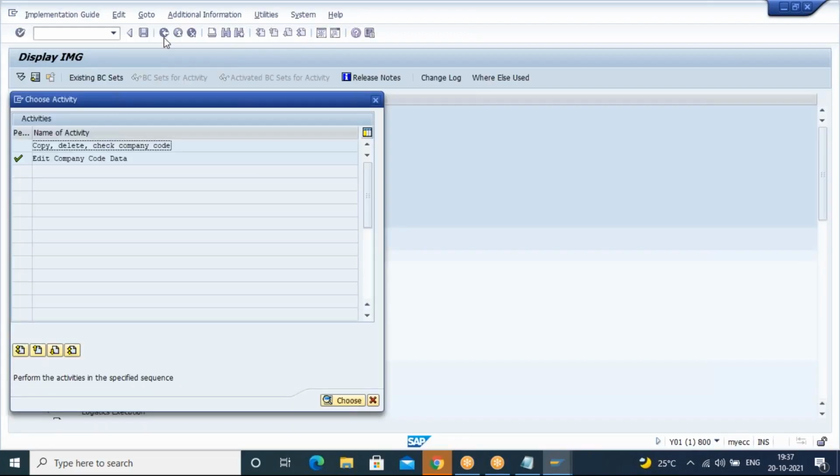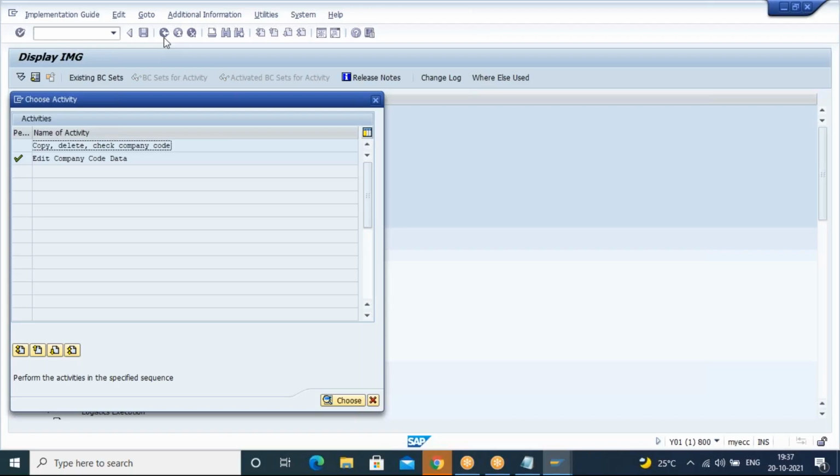Now I will tell you one scenario. I created this AM20 company code. Okay, that is fine. But after 2 days, the client came to me and asked, can you please delete the AM20 company code? Why? Because we have sent the wrong details. Or else you'll be asking, there is no need to create the AM20 company code, but you need to create some other company code, and then the client has sent me those new details.